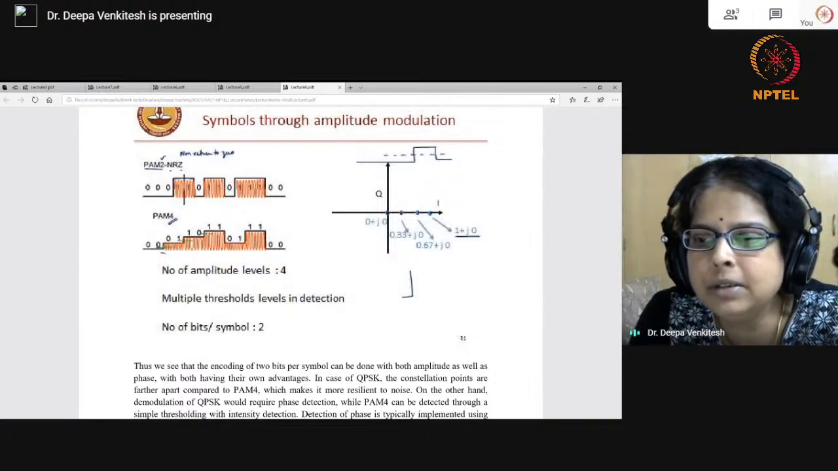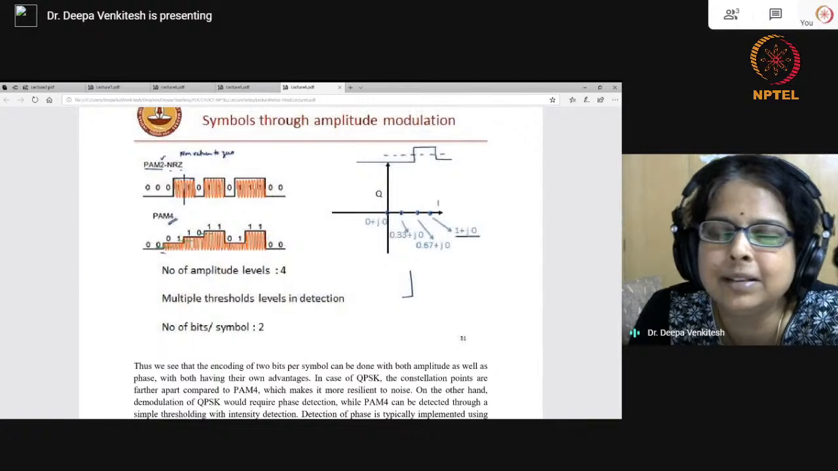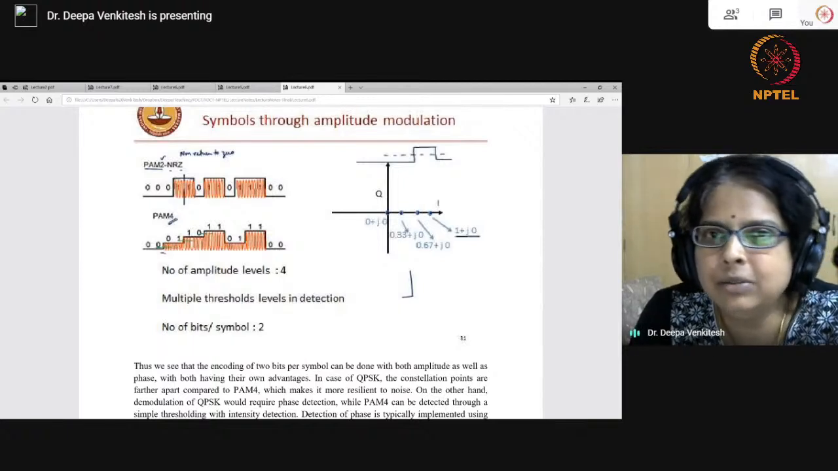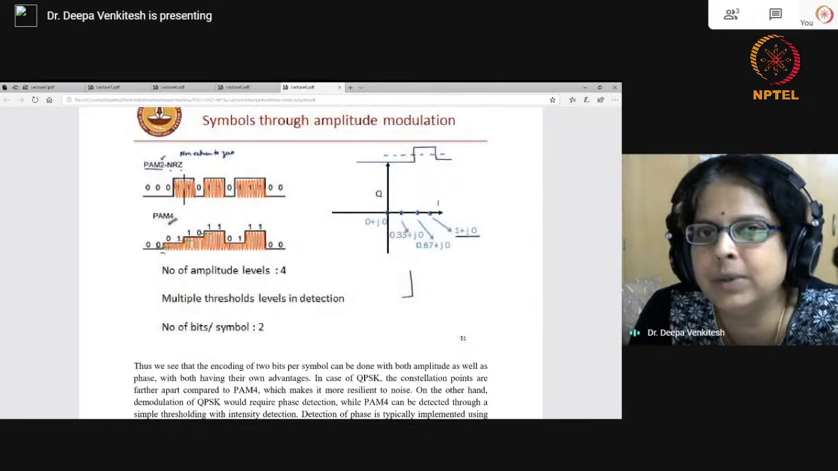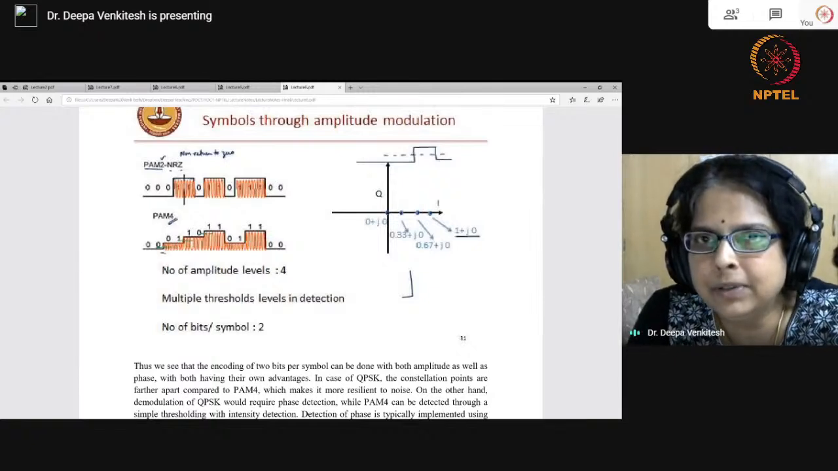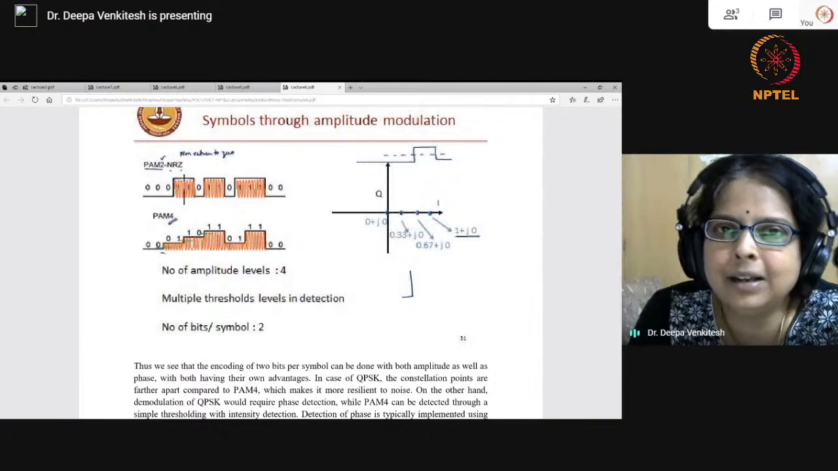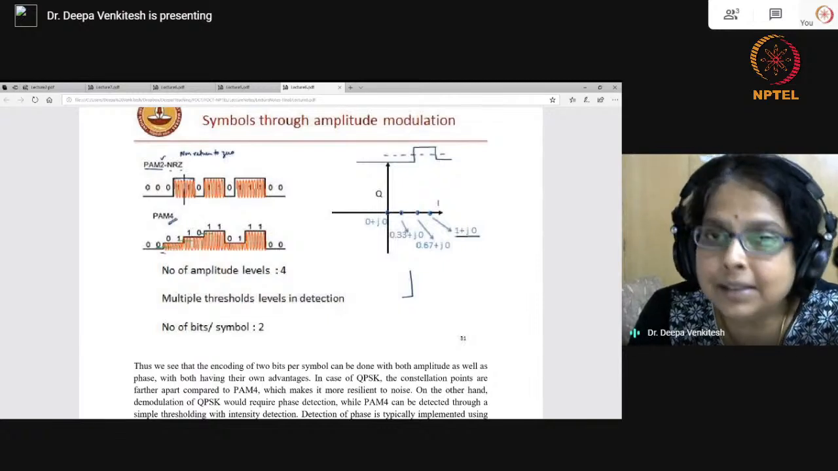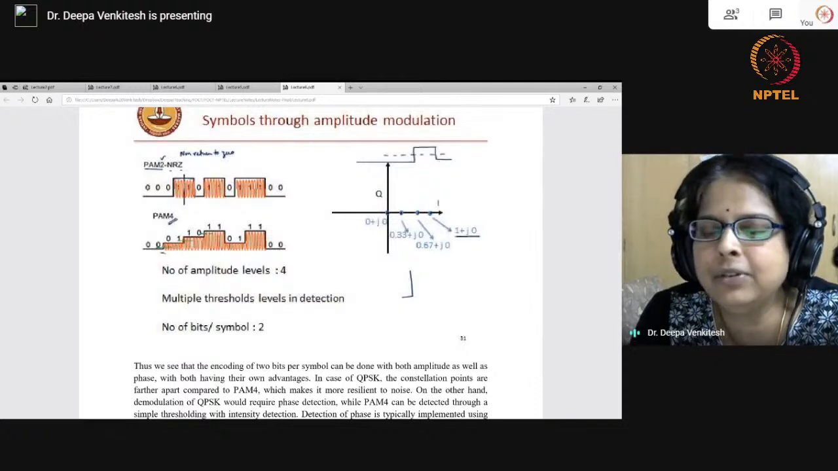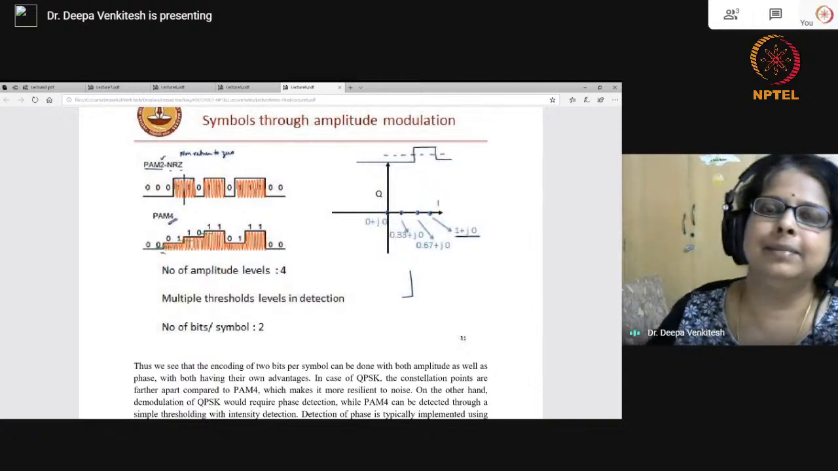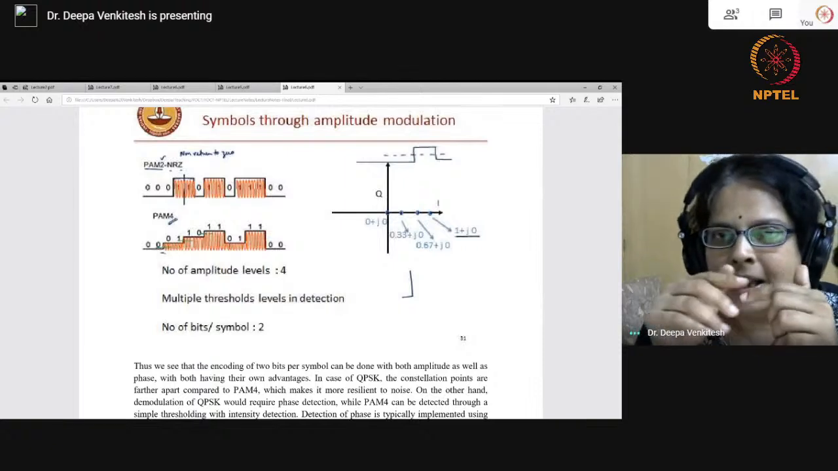And as you pointed out rightly, the bandwidth required for NRZ is only half. So you would like to send more data in the same bandwidth, which is why NRZ is preferred. The other reason why NRZ is preferred is because if you take the return to zero signaling, in every bit